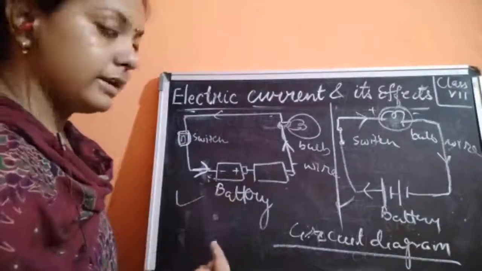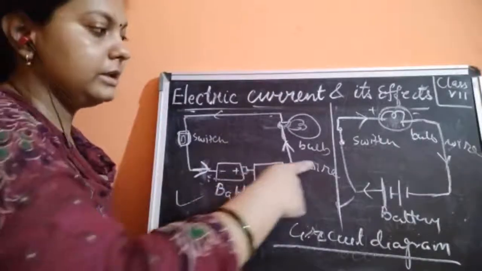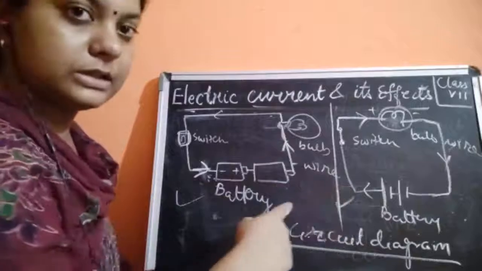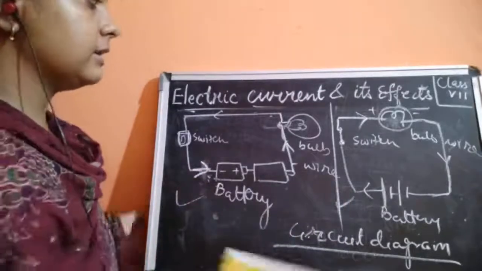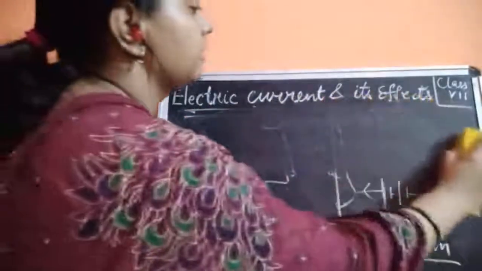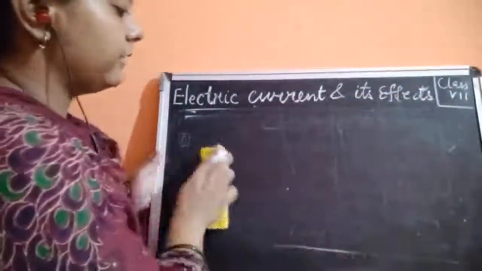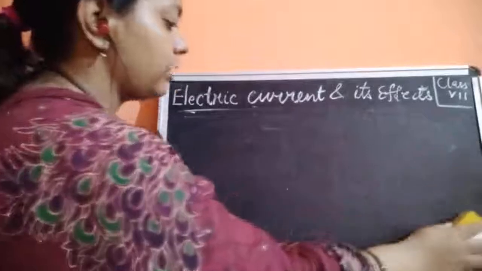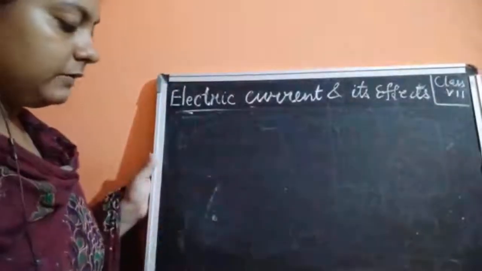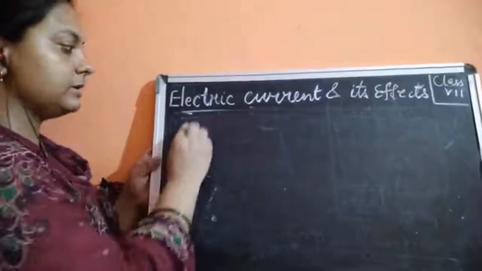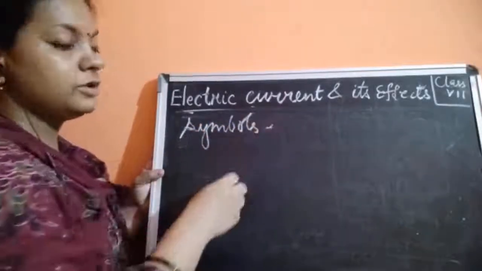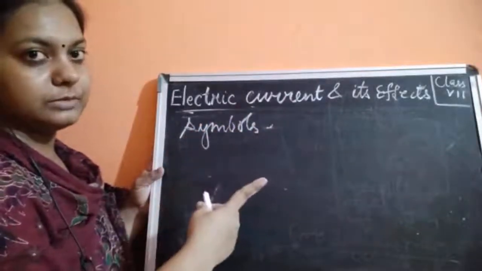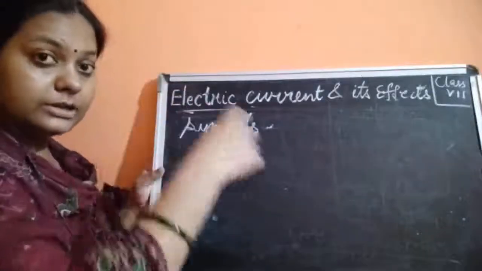When we were drawing the diagram in a long manner, it was taking time, but here it is not taking time because we are using the symbols. Please understand that using the symbols in the circuit makes it very easy. If you are drawing those diagrams using the symbols, it is going to consume less time, especially to draw the larger diagrams.